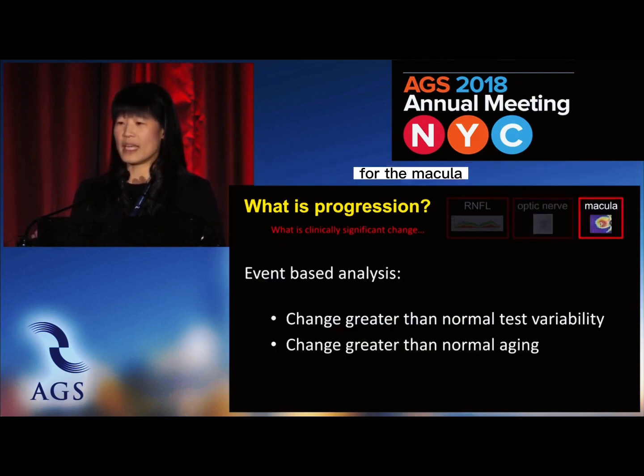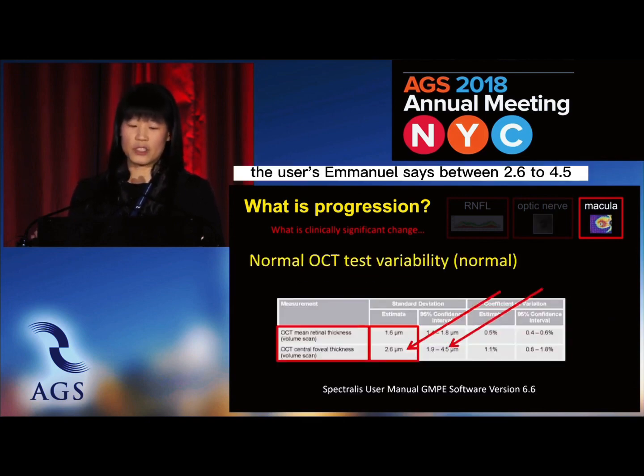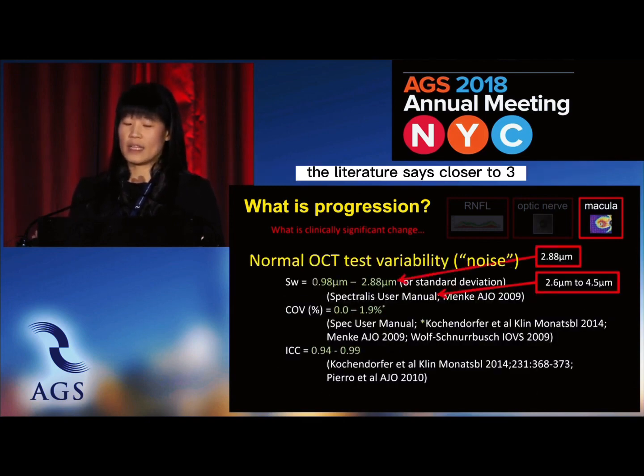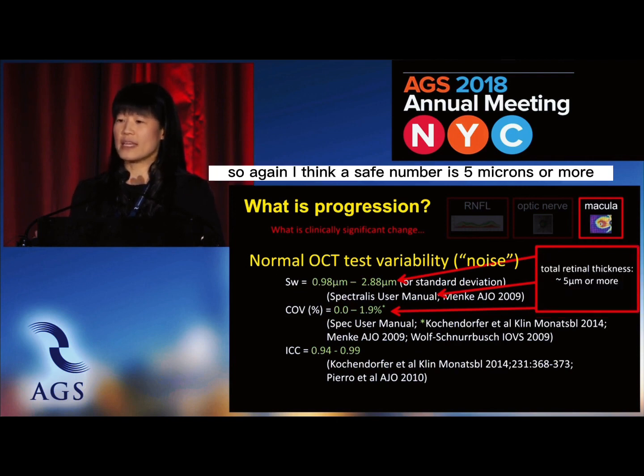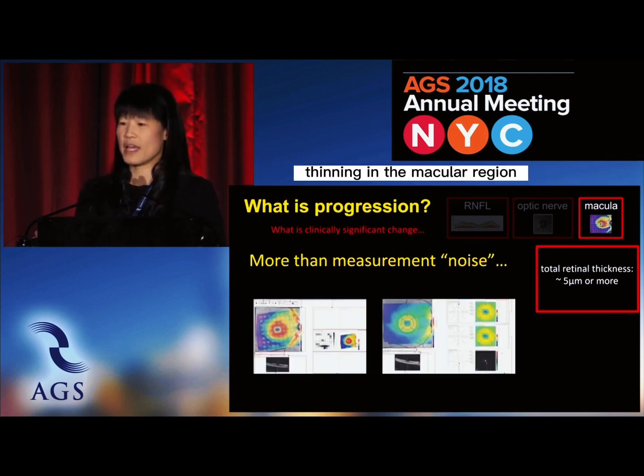And then lastly, for the macula, what is normal intertest variability? The user's manual says between 2.6 to 4.5. The literature says closer to 3. So again, I think a safe number is 5 microns or more can be considered clinically significant retinal thickness thinning in the macular region. And again, measurement noise, this is an oversimplification, of course, but more likely 5 or more is